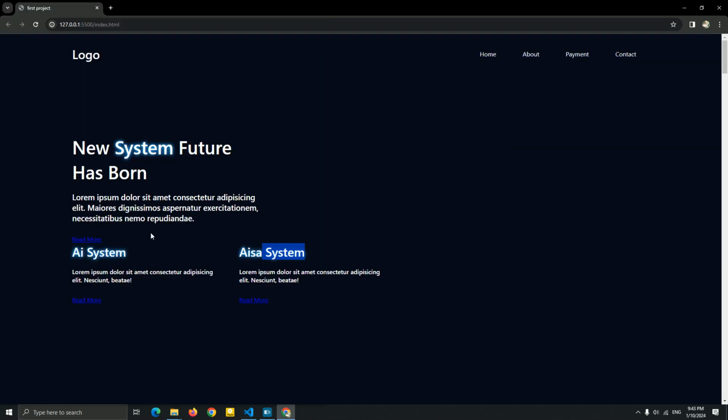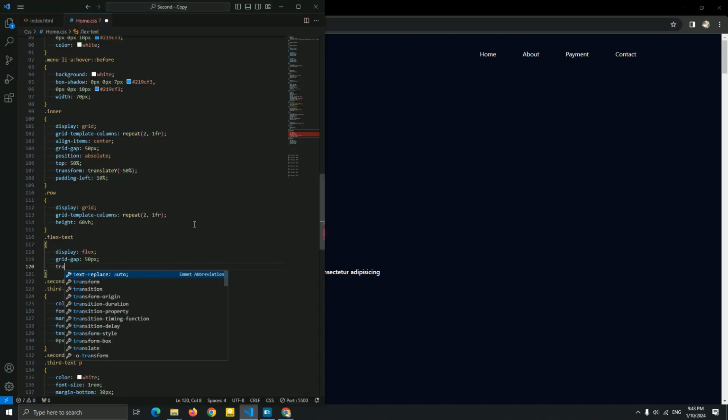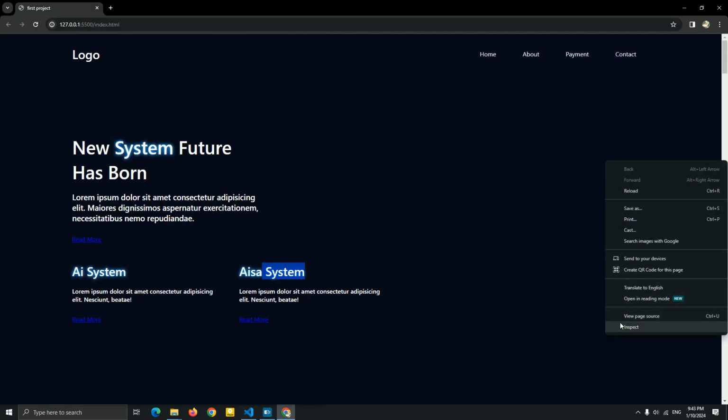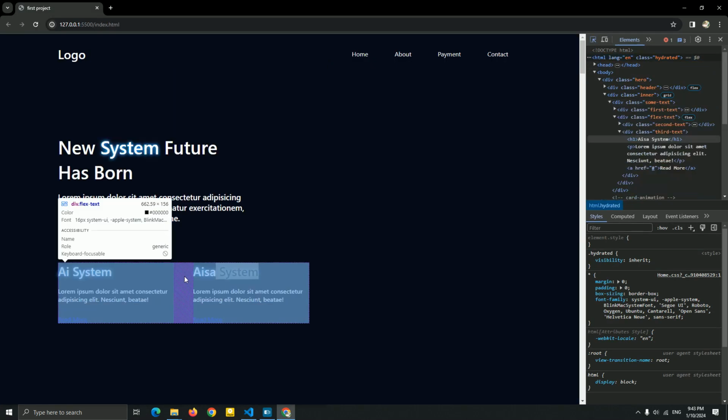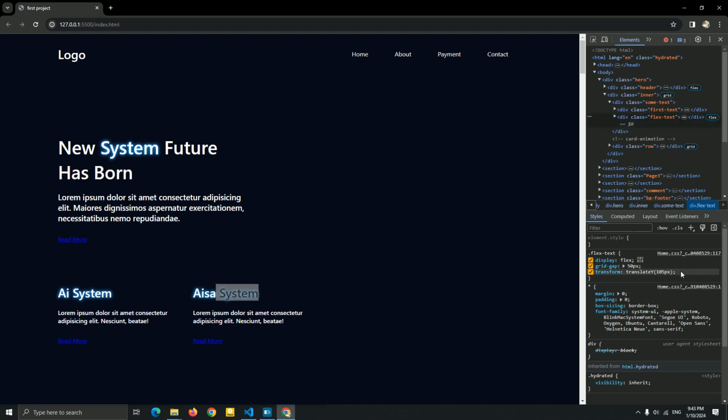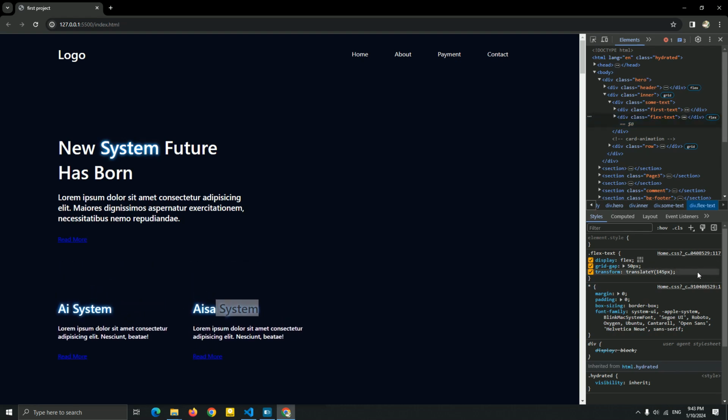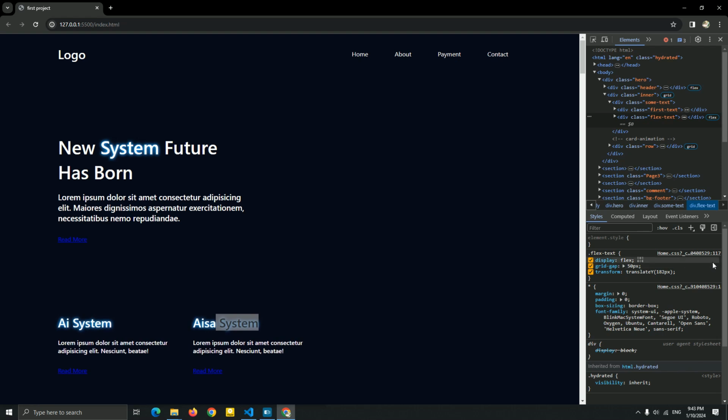Okay, now let me just add a transform or margin. Let me just add a transform translate y, transform translate y. Okay, let me just try this. Let me just see. Okay, this is good.